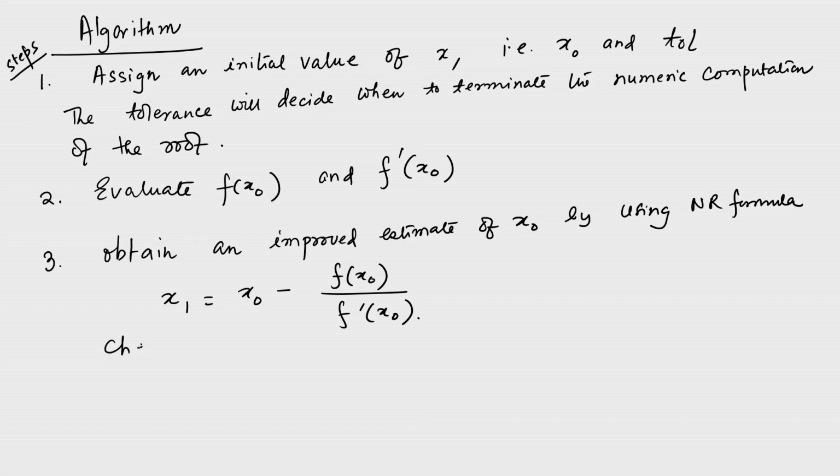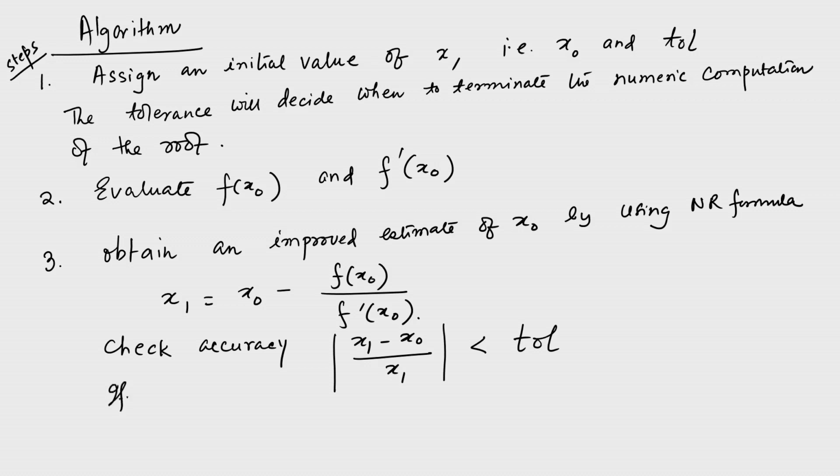Along with that, of course, you should check accuracy, that is, whether the two successive values, or the relative values, are coming closer than the tolerance, which means you check the absolute value of x1 minus x0 divided by x1